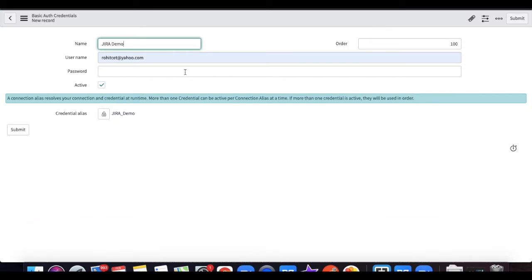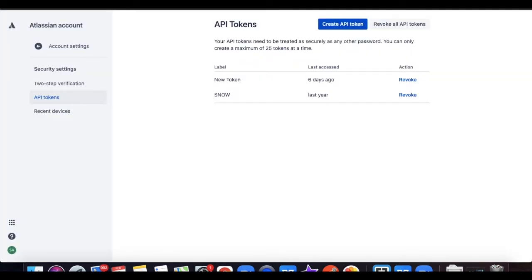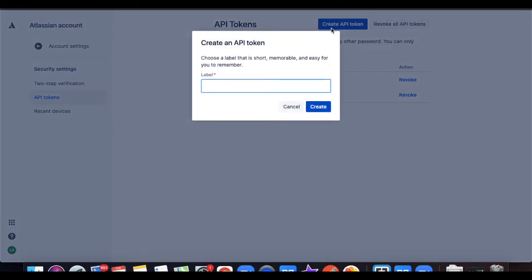Now you have to collect the password from the Jira dashboard. I'll go to this API token URL that I have shown earlier in the steps and create a new API token called Jira demo and click create. It will generate a token. The token is generated.